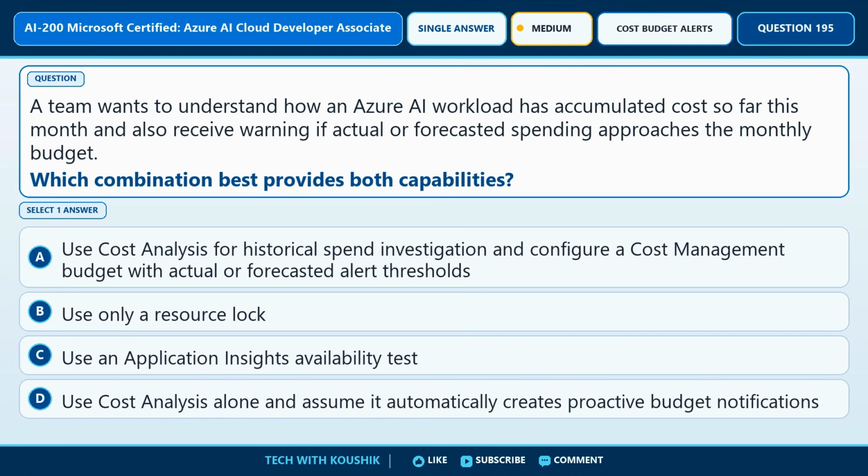A team wants to understand how an Azure AI workload has accumulated costs so far this month, and also receive warning if actual or forecasted spending approaches the monthly budget. Which combination best provides both capabilities? Option A. Use cost analysis for historical spend investigation and configure a cost management budget with actual or forecasted alert